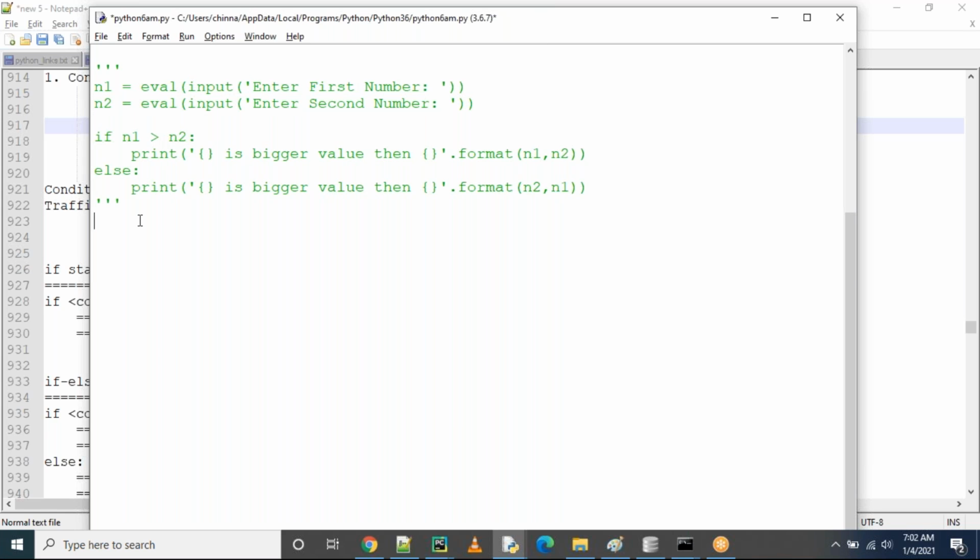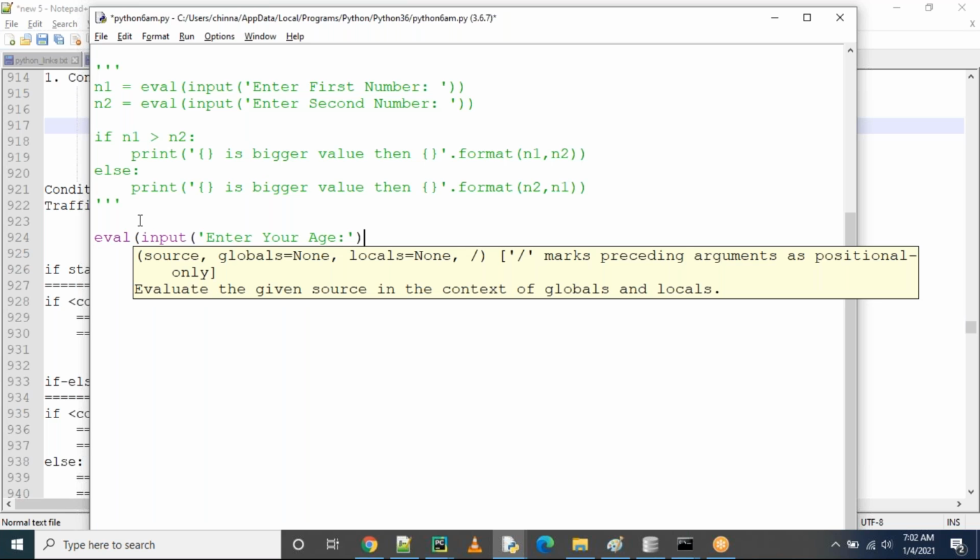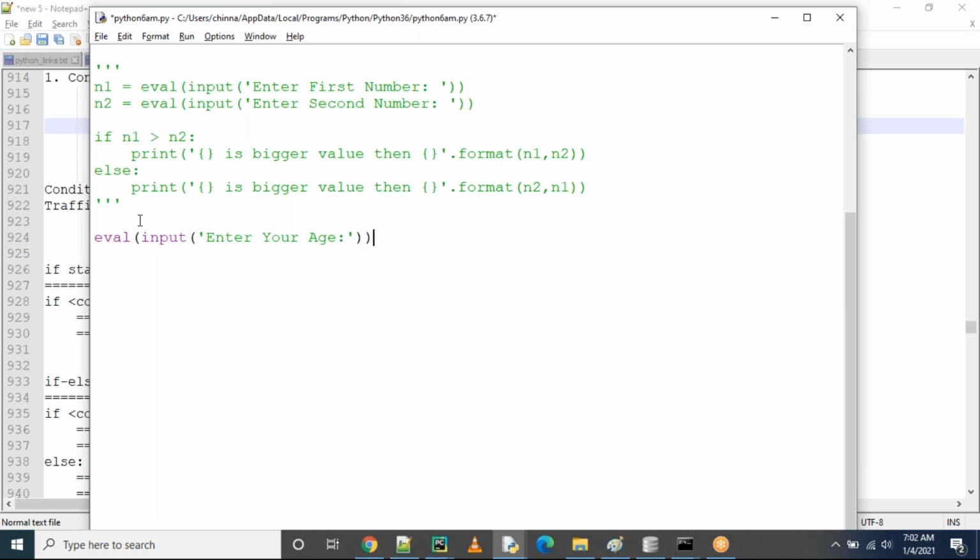Same, guys, we take a number of examples. Let's take one more example. Input: enter your age. Just observe what I'm doing here. Age. Then if age is greater than or equal to 18, you can display